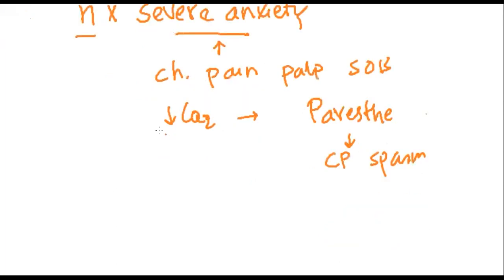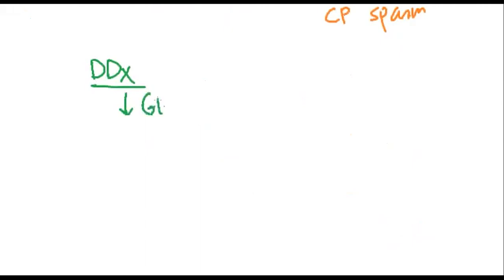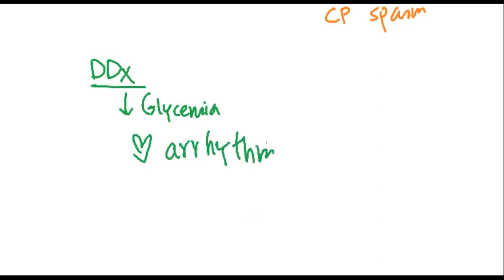So what are the common differentials for a patient with panic disorder or a panic attack? The common disorders are conditions that can lead to hyperventilation, can lead to shortness of breath, starting with patients who have hypoglycemia, because those patients are severely anxious, they sweat, and oftentimes they have severe palpitation. Cardiac conditions such as arrhythmia. Other endocrine conditions that can also lead to a panic attack-like situation is